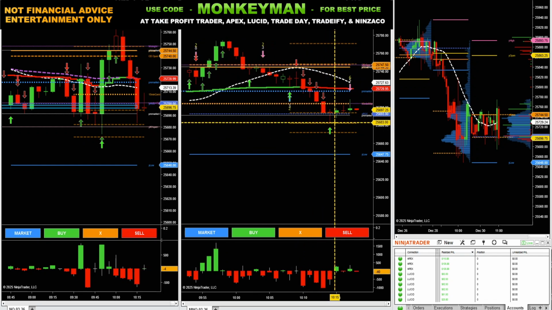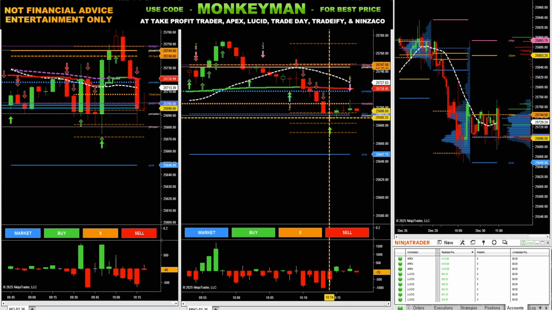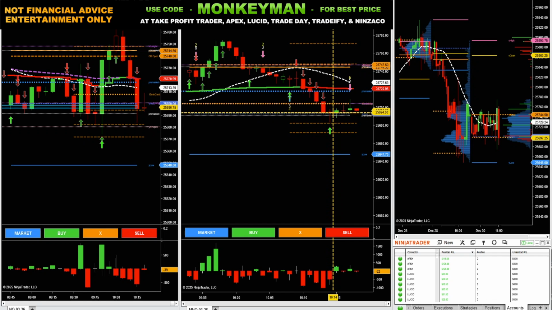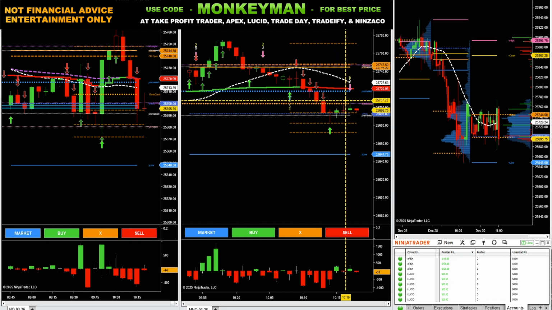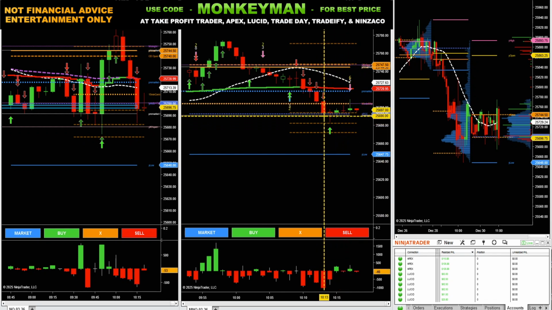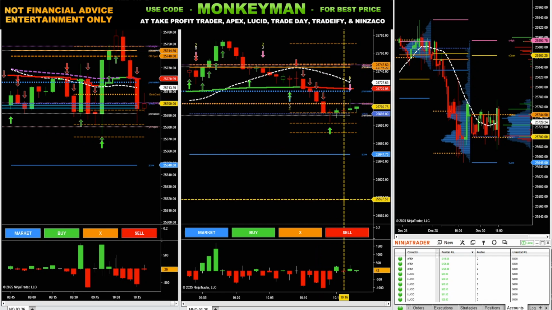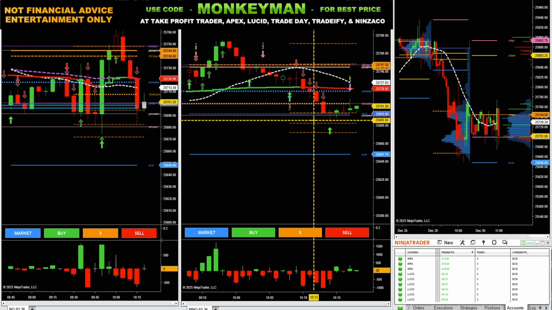I was very interested in along here when I saw this candle. The big old wick, tiny little body. That's right when I got disconnected. We did pop up like 13 points there. Would have been a nice little bounce long. This was right at yesterday's point of control and pre-market low. Got FOMC later today. So far price has just been kind of chopping around this morning.